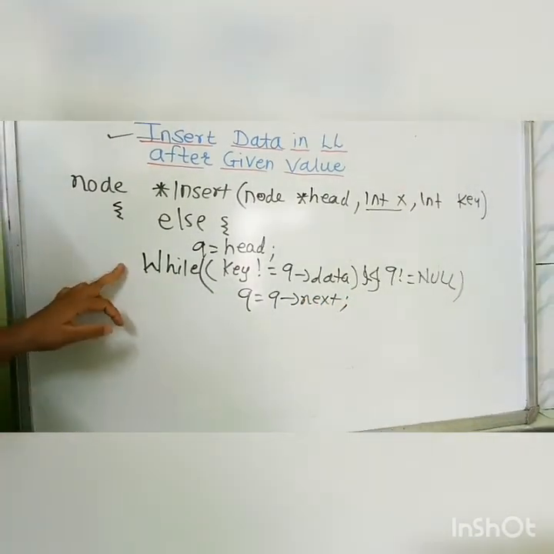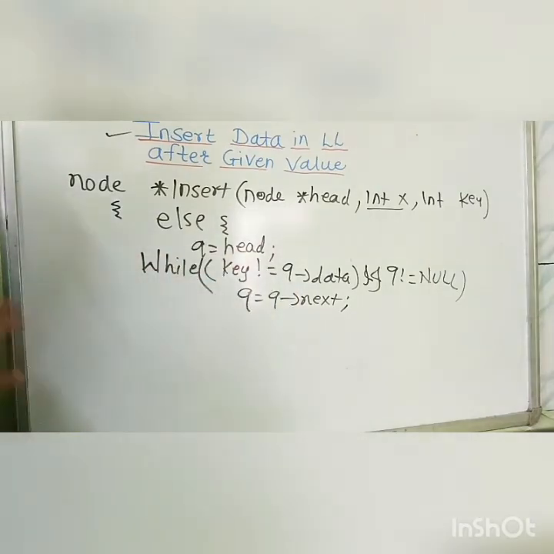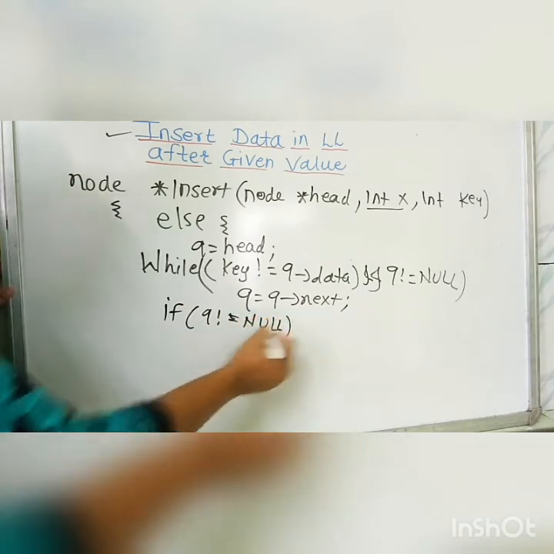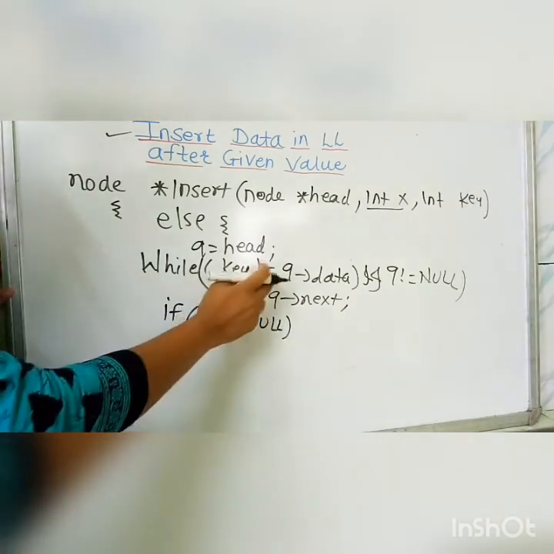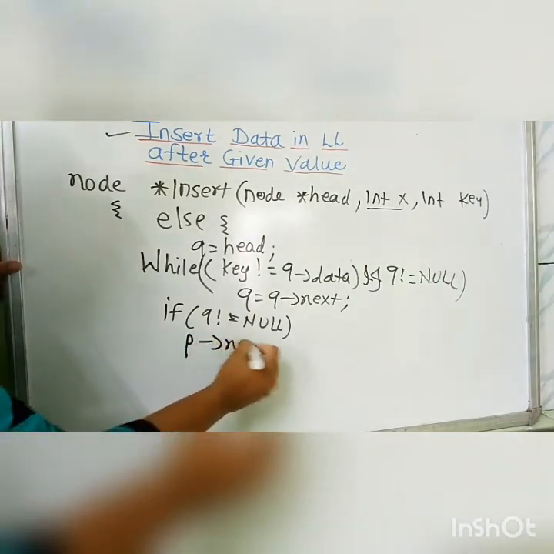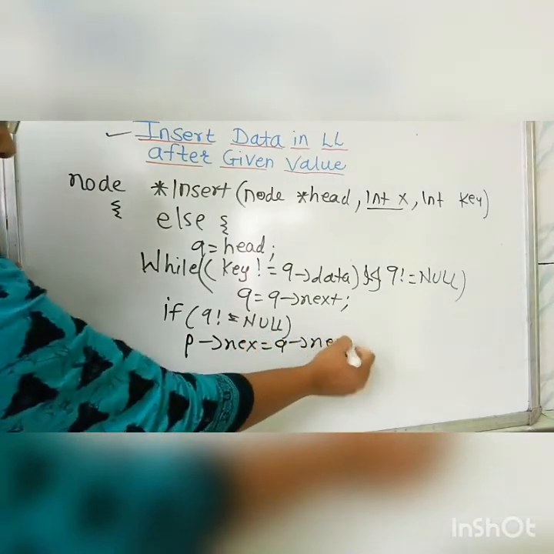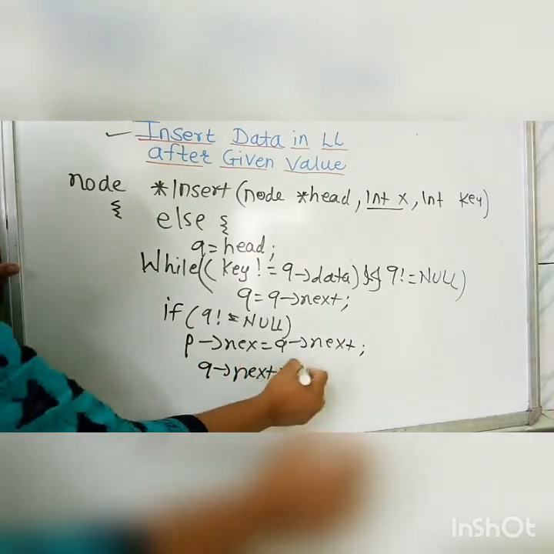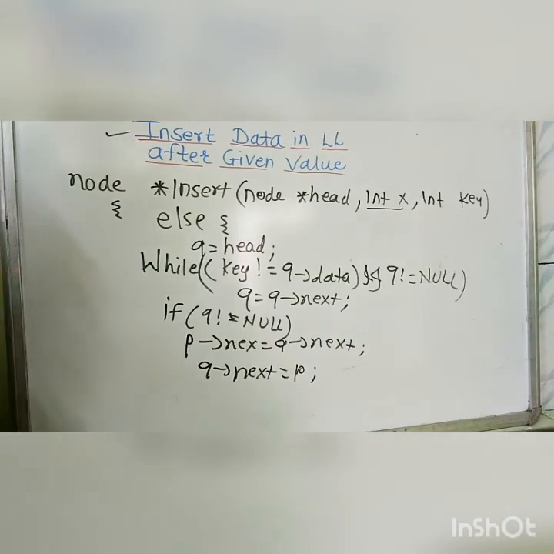In this case we are only finding the position in the list, and suppose at the end of this loop we have received the position and we check if q not equals null, means the node we received in the previous loop is not null, means it is actually there, then the key is found. In such case we will insert like p pointer next equals q pointer next and q pointer next equals p,